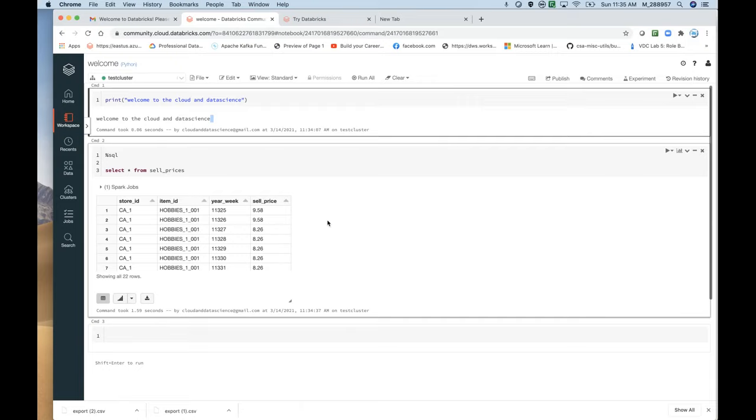In the upcoming videos, we are going to see various transformations such as how to add new columns to the data frame and how to deduplicate the data if there are any duplicate rows in the data. We are also going to see how to do some aggregations with a real world use case for the batch process as well as streaming process. And finally, we are going to create an ML model.